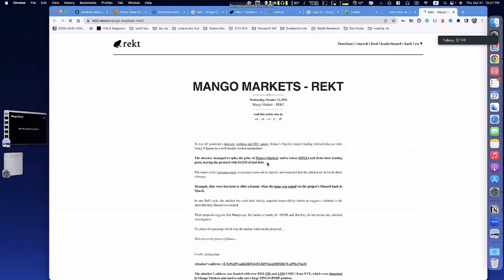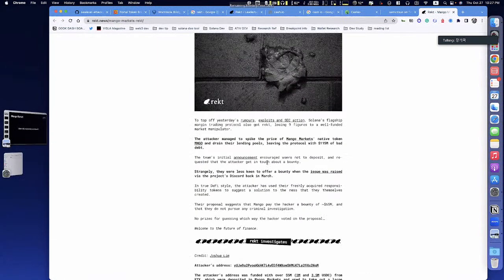The Mango Market exploit, in simple terms: Mango Market enables you to do futures and leverage trading, and they were also using the Serum CLOB for their spot market trading. So the hacker created two accounts and put massive amounts of long positions and short positions at the same time. So he had hedged positions, and then he bought a massive amount of Mango to increase the price in the spot market, and that was possible because Mango was not that liquid